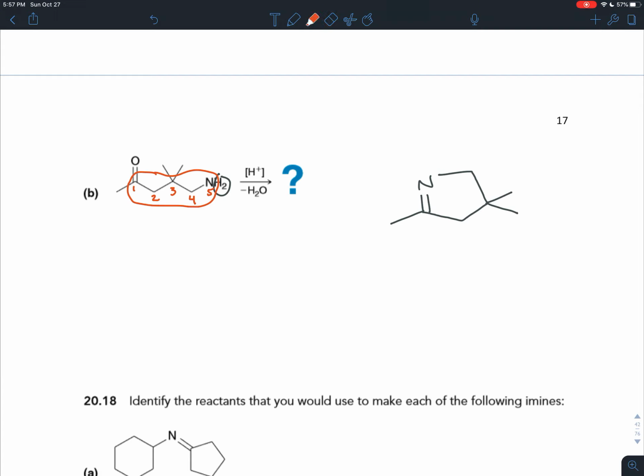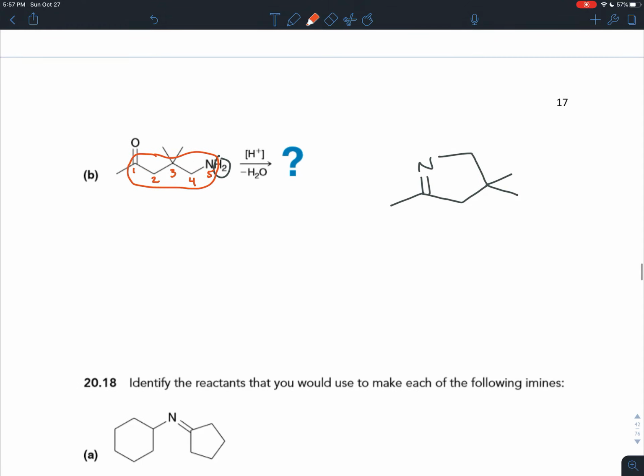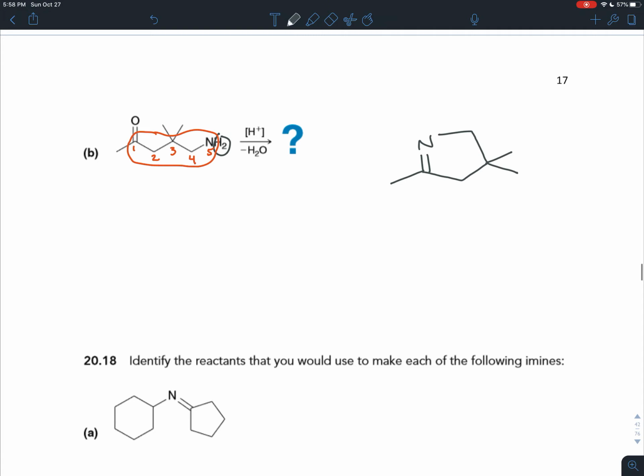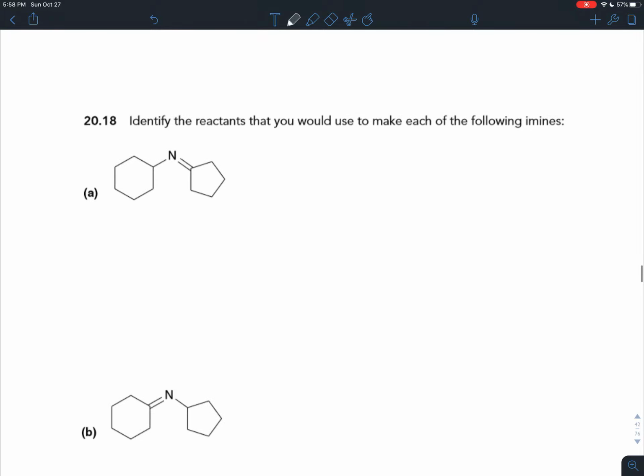We have the nitrogen version of the carbonyl, and the other R group, the carbon chain itself, comes off and wraps around. Whenever you go from a straight chain to a ring or vice versa, it's always best to number everything. That makes it easier to follow along rather than trying to visualize. It's great if you can visualize how that happens, but if you can't, just number the carbon chain